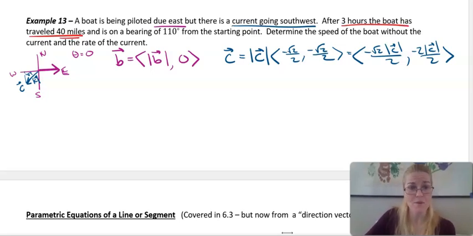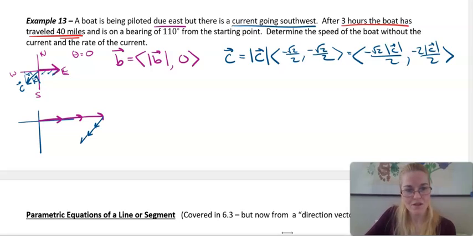So the boat is going this way, but the current's pushing it back, right, as the boat is traveling. So essentially, we can think of 3 hours almost like, so here's my boat. It's wanting to go this way. 1, 2, 3, pretend that's nice and straight. But then my current has 1, 2, 3, right? Also, every hour it moves, every hour it moves, every hour it moves. So the resultant vector means what? It has traveled 40 miles